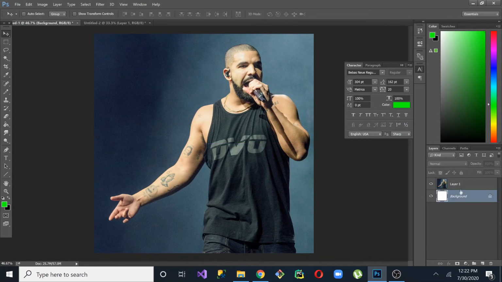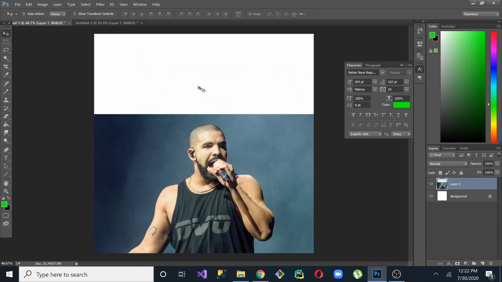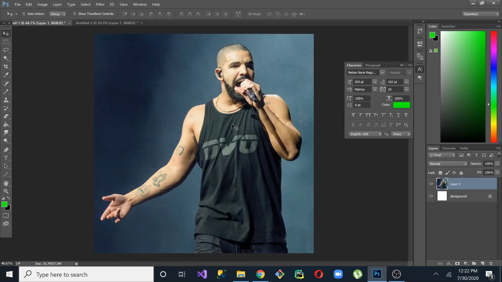If you look here in the layer panel, you can see that there's a background and it's all white. If I left click on Layer 1, which is the layer that has Drake on it, and then left click on the image and move it, you can see that the all-white background is still there. I haven't done anything with it. All I've really done is paste another image on top of it. And that's really the way that Photoshop works, that every single image that you create